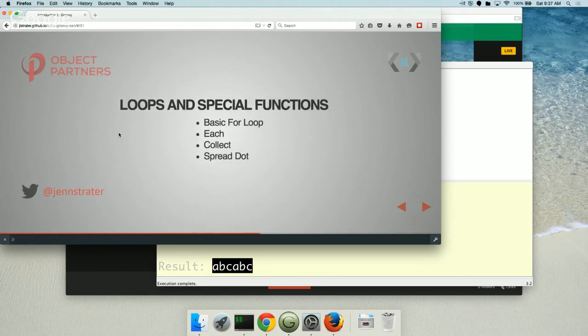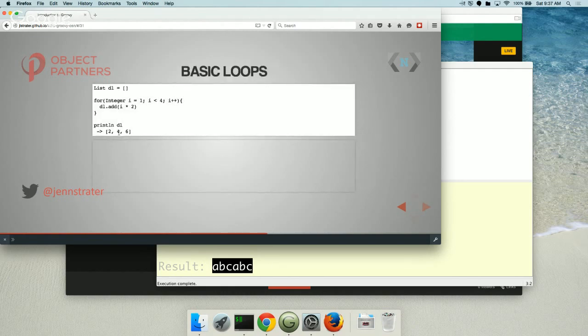Okay, so this comes into effect when we look at the way that looping works. Loops start with the basic for loop that we think of when we first start learning programming. You get your integers and you increment up. In this case, I'm taking the numbers 1, 2, 3 and doubling them. It's going to be a persistent thing, how I look through the different examples. So we get, as we double them, 2, 4, and 6. You may also be familiar with the in notation. So you can also say within a list, for each i in this list, do 1, 2, 3.